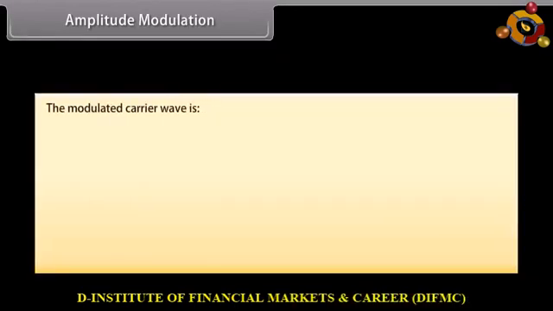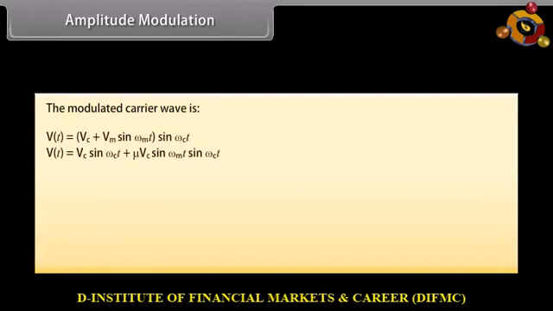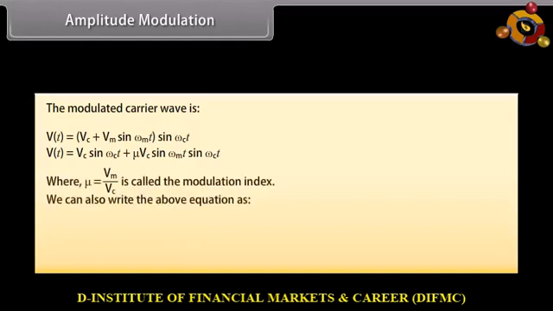The modulated carrier wave is given by V(t) = (Vc + Vm sin ωm t) sin ωc t, which can be written as V(t) = Vc sin ωc t + μ Vc sin ωm t sin ωc t, where μ = Vm/Vc is called the modulation index. We can also write the above equation as